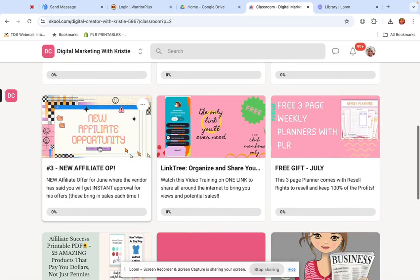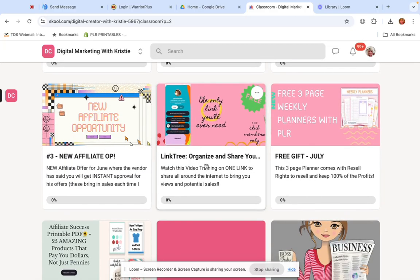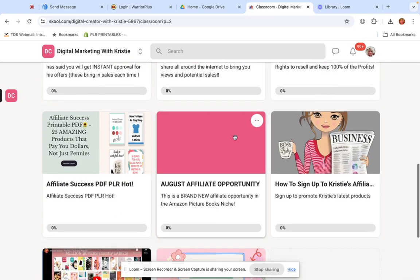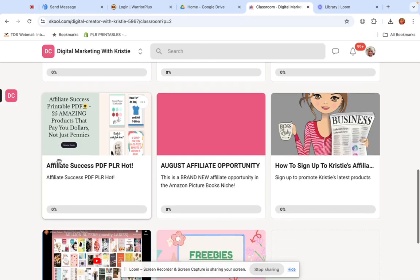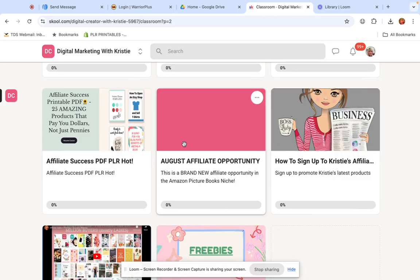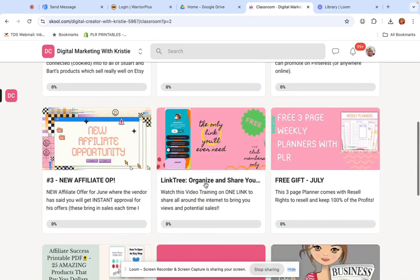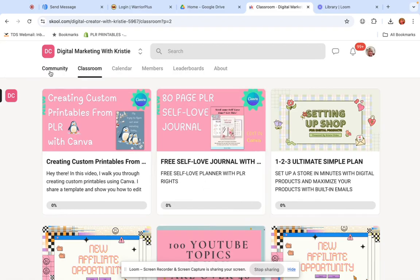Another affiliate opportunity. This is how to use this kind of link called Linktree to put your links on Pinterest and Instagram and Facebook. Free 3-page weekly planner with PLR. This is my affiliate success printable PDF, August affiliate opportunities, and more freebies. So you can see it is chock full of